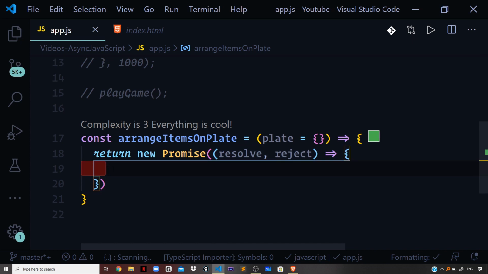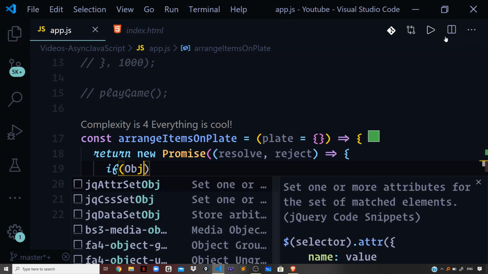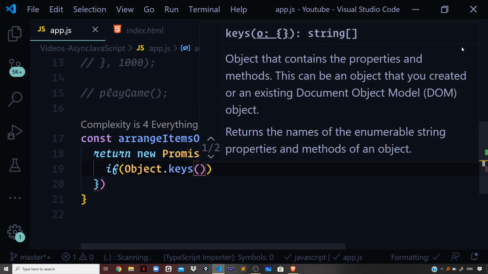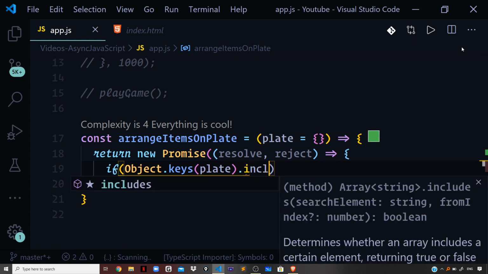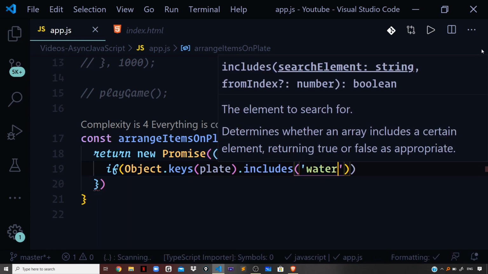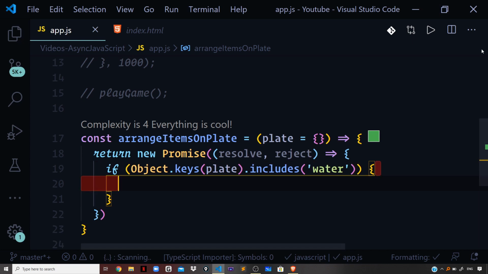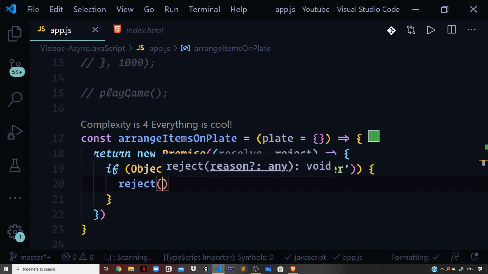Now, if our plate does contain water, then we want to reject that promise. So I will say Object.keys, and I will take out the keys of my plate object, and I will check whether it contains the key water. If it does contain a key water, then what we can do is we can say reject. So I will reject the promise, and I will say,